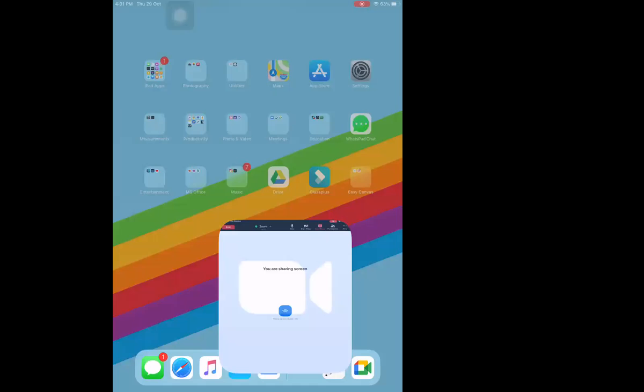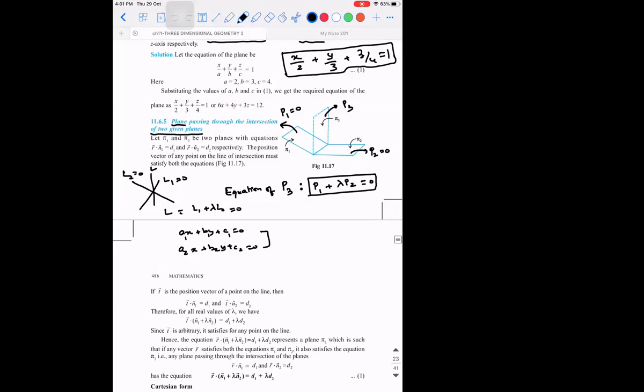Are you guys able to understand? The general equation of a line is a linear equation in two variables, so the equation of the second line is also a linear equation in two variables. When you add the first equation to the second equation multiplied by lambda, again you get (A1 plus lambda A2) x plus (B1 plus lambda B2) y plus (C1 plus lambda C2) equal to 0. Depending on the value of lambda, how many such lines can you define through the intersection of these two lines?